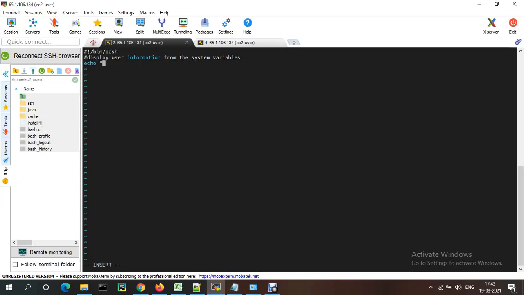Echo user information from user id, dollar username. Echo uid, print the user id, echo host name.